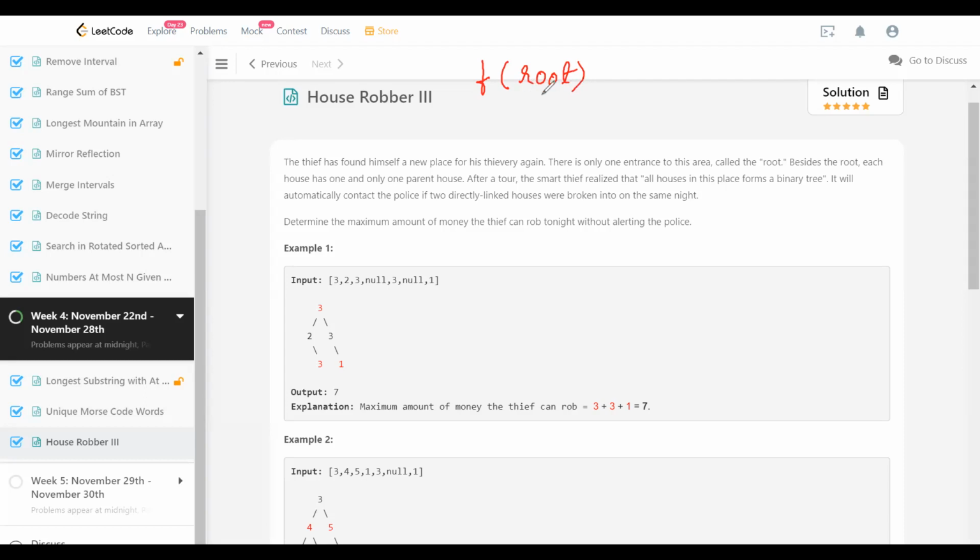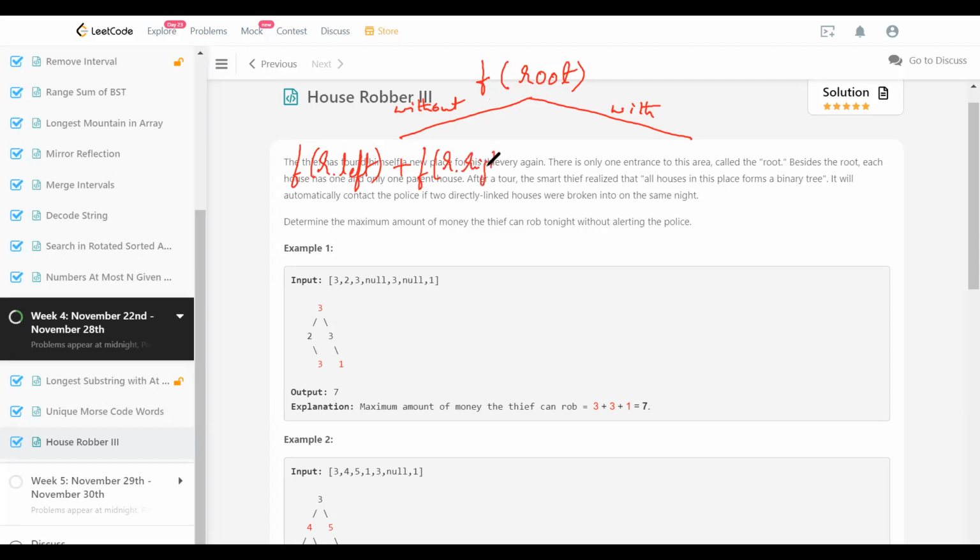So here the thief has two choices. Either he can skip the first house, which is root, or he may rob that one, right? That leads to two possibilities, and these two possibilities cover every other possibility going forward. So without the root and with the root. If the robber does not rob the root, then obviously he has to solve for root.left and root.right. Now he is going to approach the left subtree and the right subtree independently, and there is no restriction on whether root.left should be robbed or not, because the parent is not robbed, right?